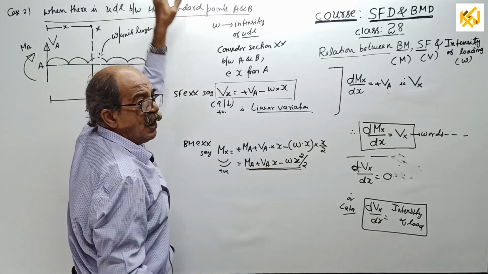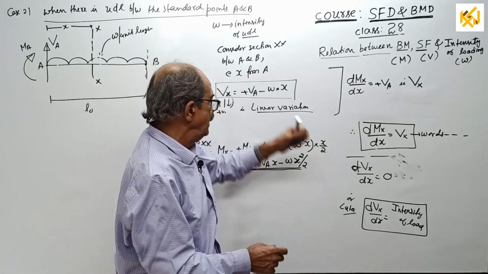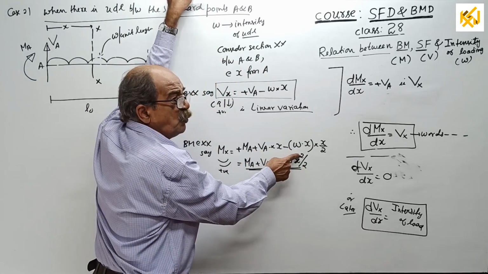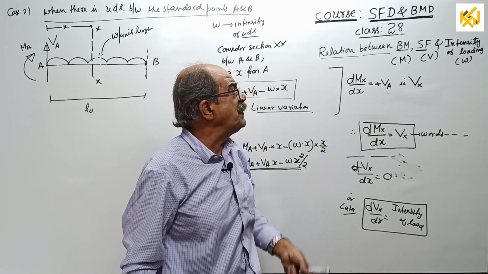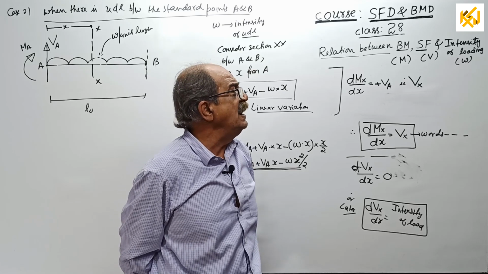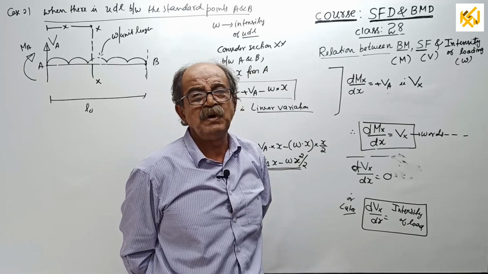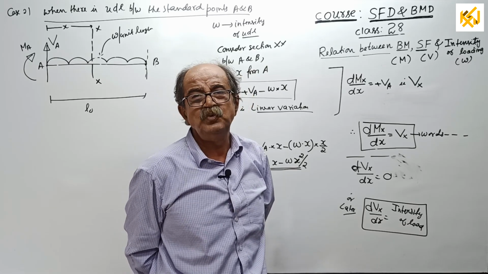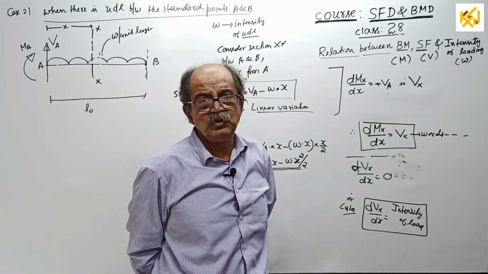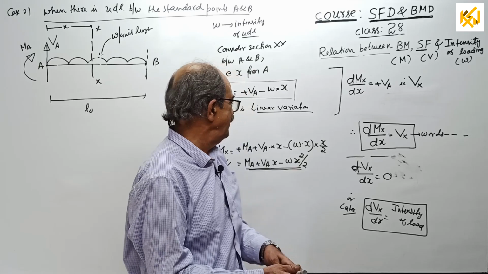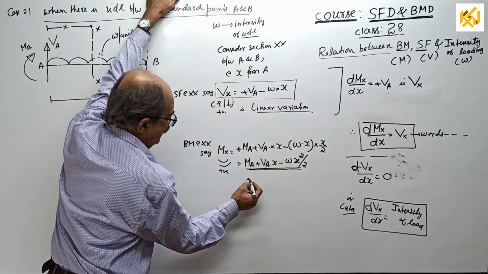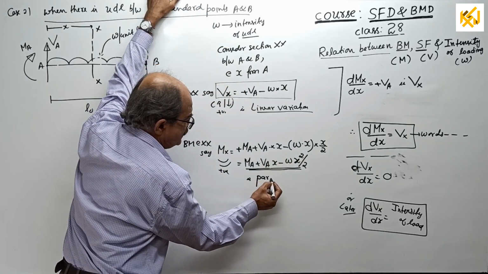Okay, now observe the highest power of x. Highest power of x is 2, not square. Some student will tell in my class, what is highest power of x? Sir, square. No. Tell x square or x power 2. Don't tell x power square. Otherwise they will say 1/3 or 2/3, and they will laugh then. Okay, now, therefore, that is parabolic variation.